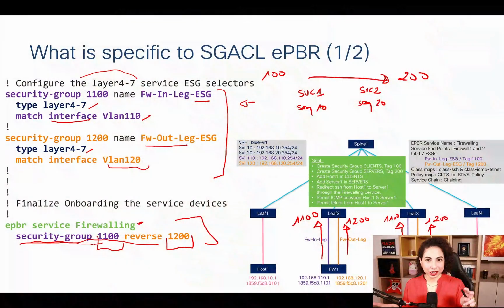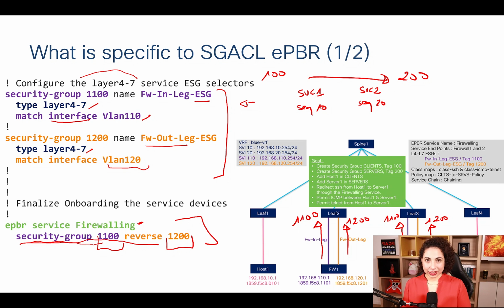So how do you give this intelligence, this knowledge, to the Nexus 9K? This is why the engineers needed to introduce something to help with the service redirection. And this something is the layer 4, layer 7 ESG,